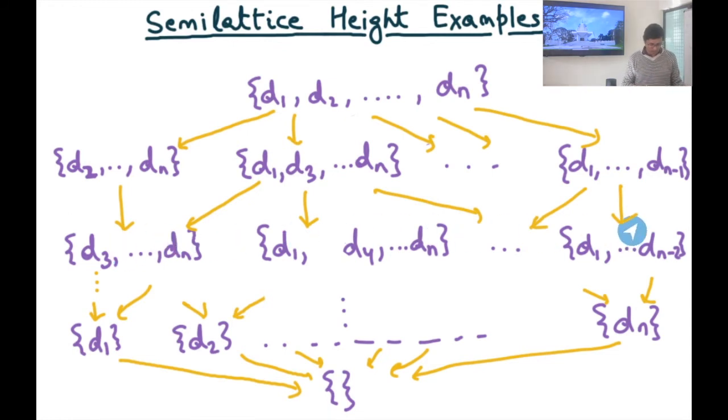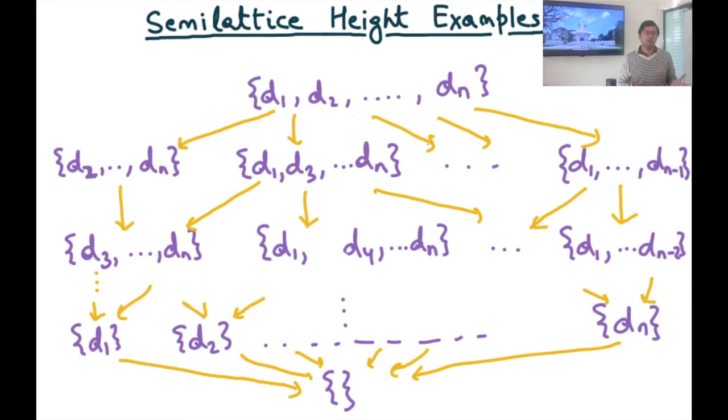And so, how many of such things are there? Well, you can say n choose 2. How many of such things are there where one of the elements is omitted? n choose 1, and so on, right? And what's the total number of elements? It's just n choose 0 plus n choose 1 plus n choose 2, and so on till n choose n, and that's nothing but 2 to the power n. Alright, so the total number of elements here is 2 to the power n.